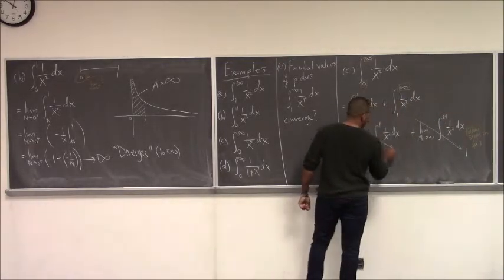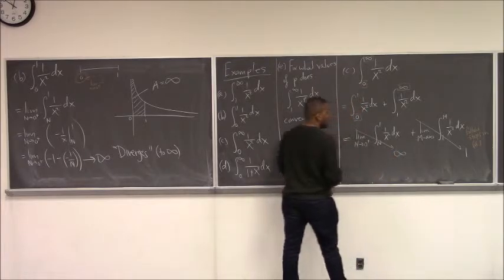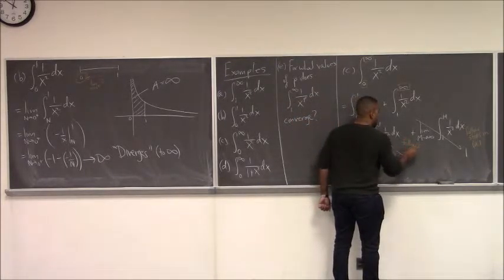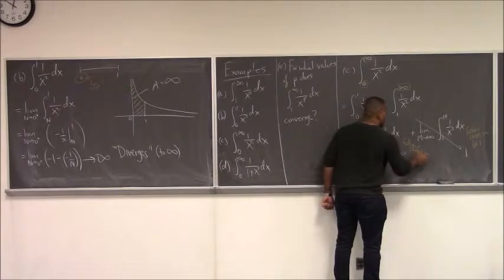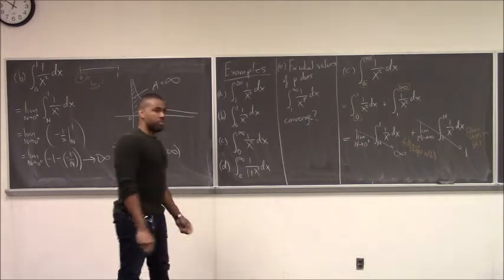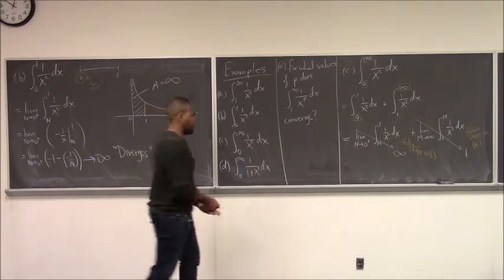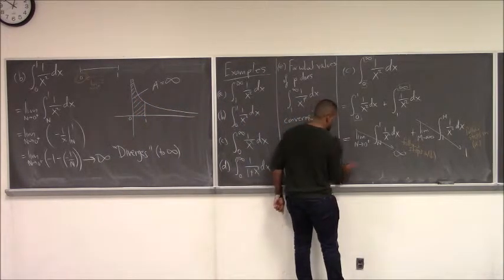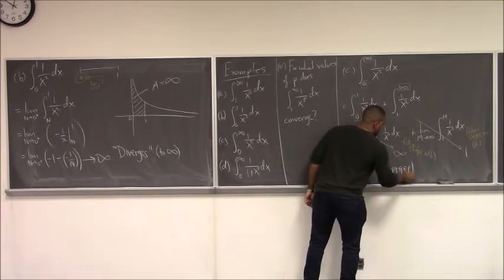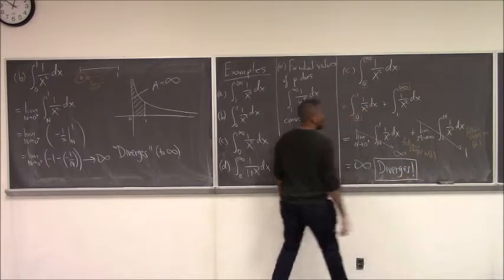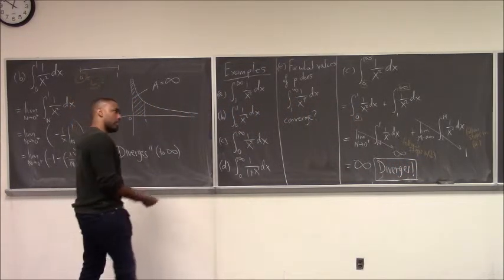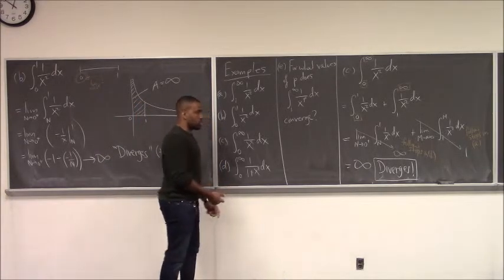But this one came down to infinity if you follow the steps from B. So now we have a situation where we have infinity plus 1. Well, that diverges. So that is one of the reasons why all the limits have to actually converge in order for you to have an